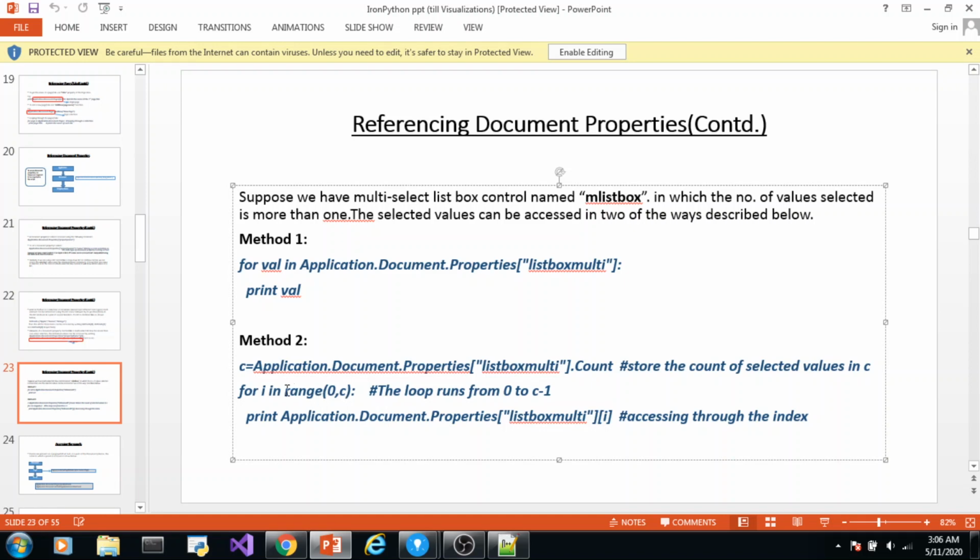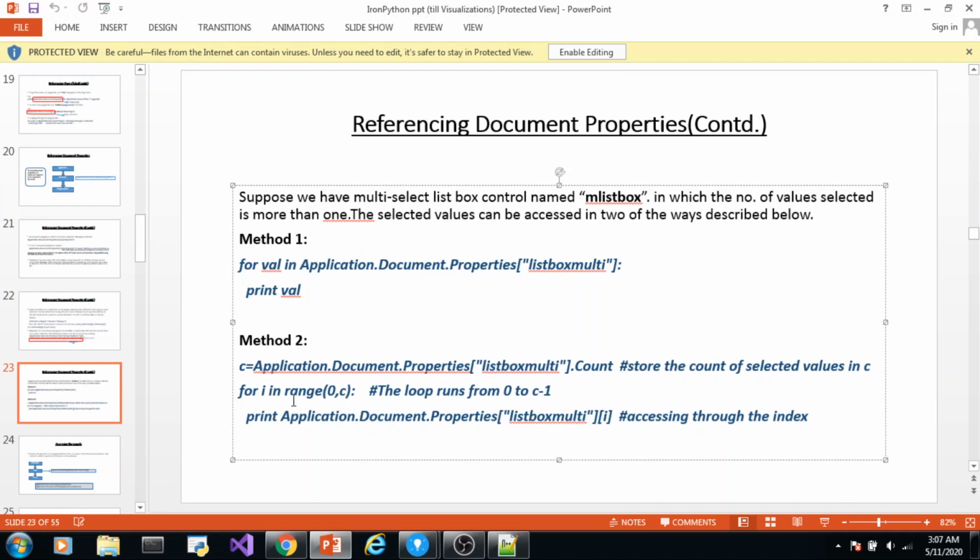So that is why we have written it like this. If we write c+1 here, it will run from 0 to c, and then it will return a runtime error, an out of bound exception. So that's why we have kept it till c, so it will automatically run from 0 to c-1. That's what we need, because the last index will stop at c-1.